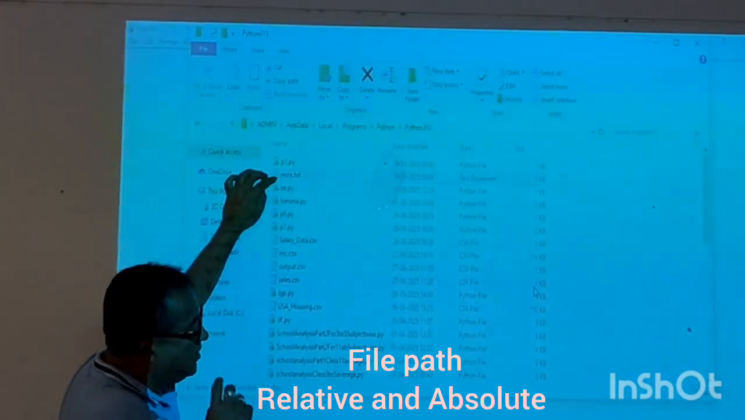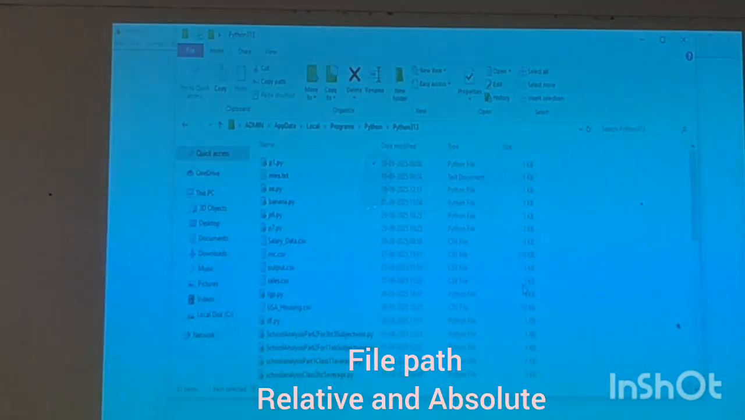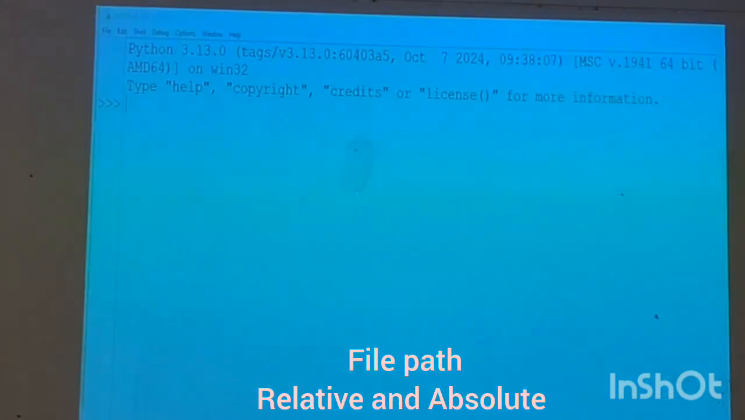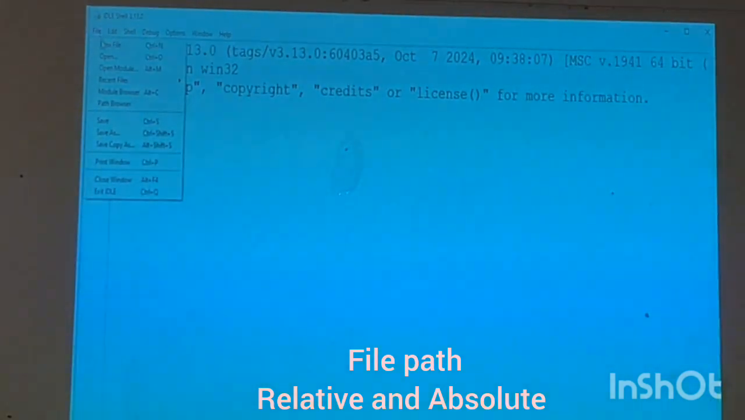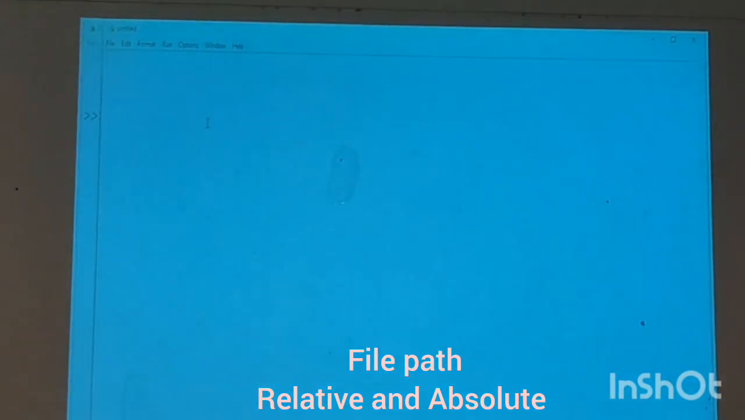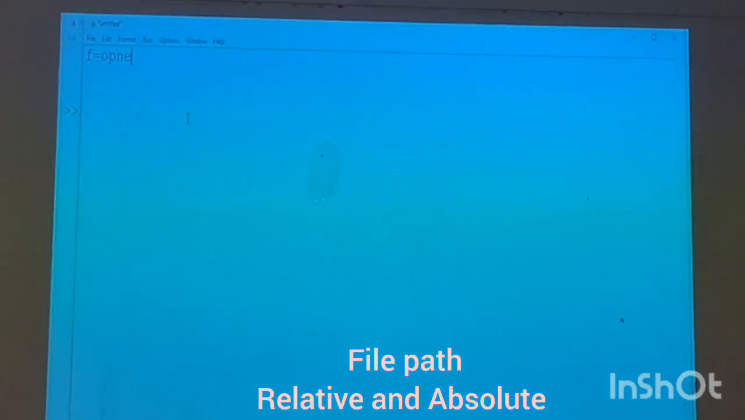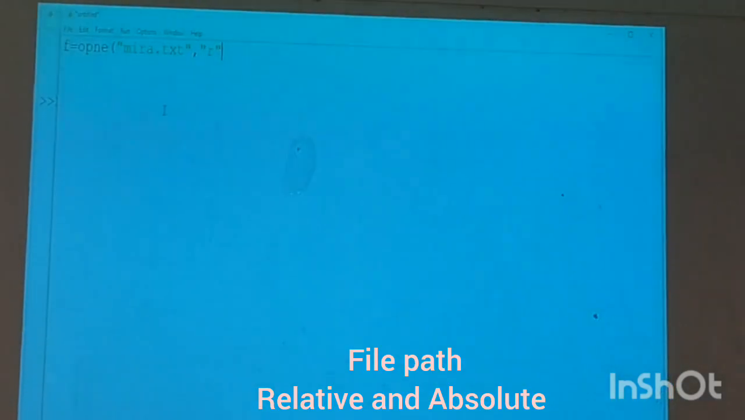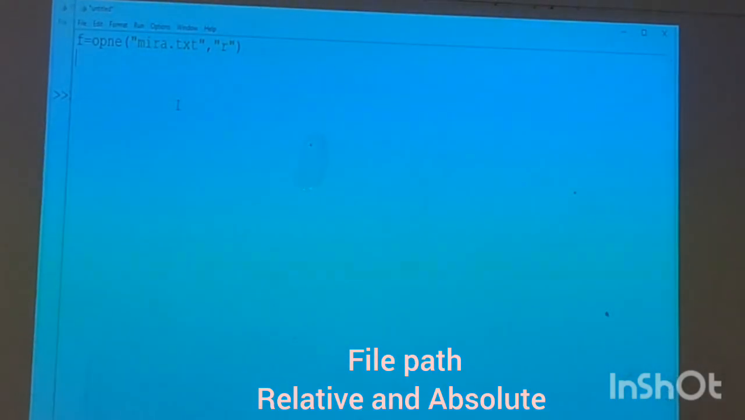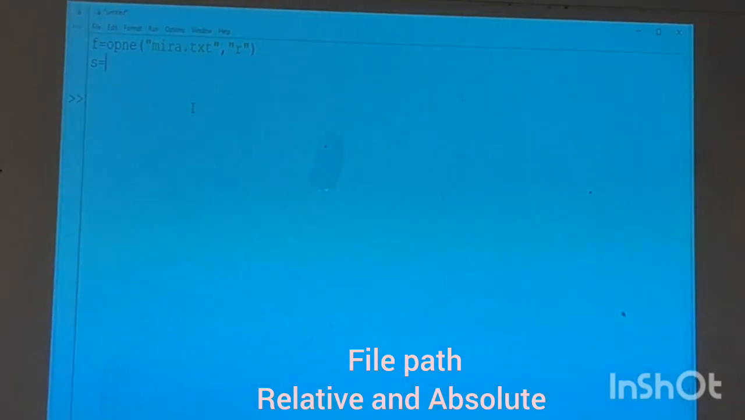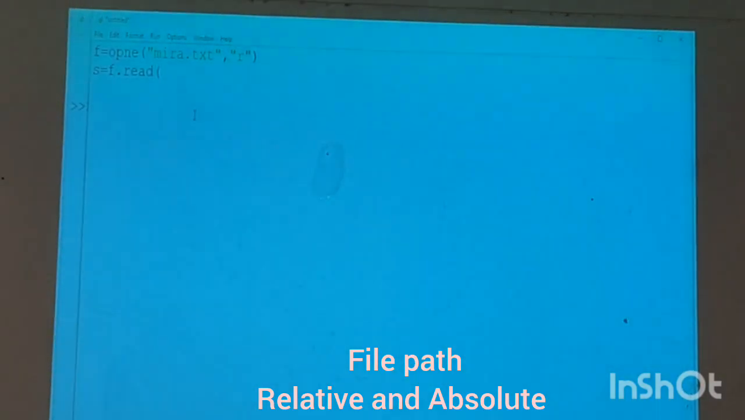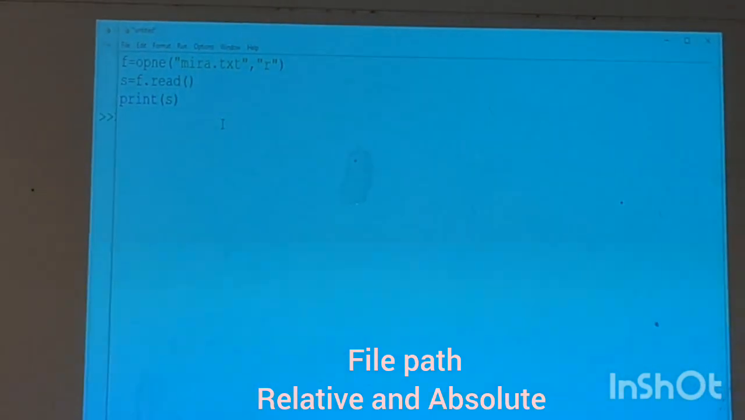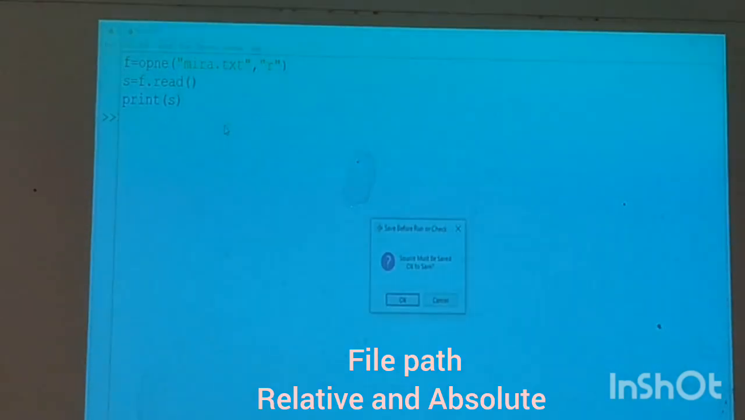Now if I go to my IDE and write a program, this is my IDE. I start writing a program. I say f is equal to open mira.txt in reading mode, and then s is equal to f dot read, and then I print this. So if I run the program,